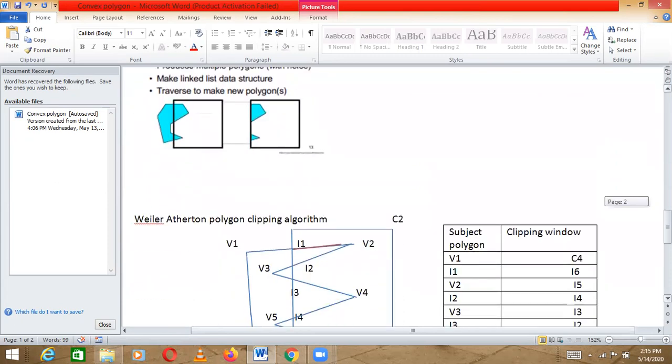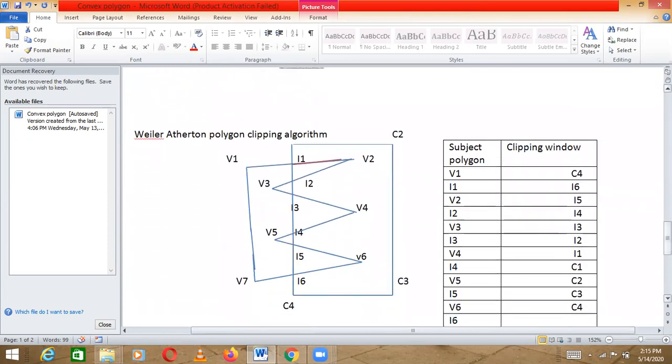Okay, so let's start with this example. Here we have this polygon with multiple vertices, represented by v1, v2 till v7, right? And this rectangle here is the clipping window, and we have to clip this polygon.